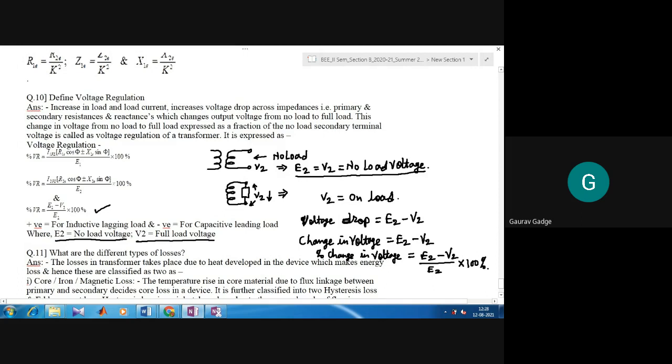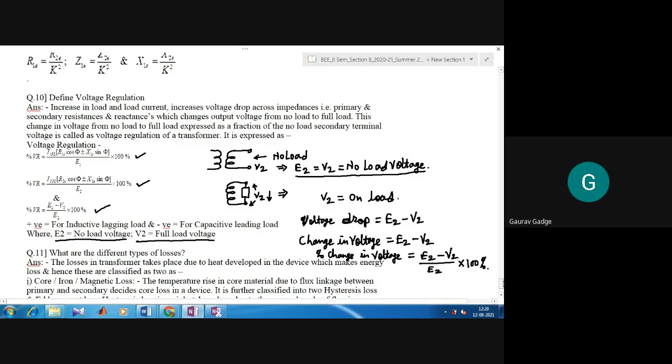Basically these equations are written directly because you don't have the derivation. Just as the efficiency derivation is in your syllabus, you don't have a derivation for voltage regulation, so direct equations are written. Such big equations are not going to be asked in the multiple choice questions, but just go through the equation and keep it in mind. If by chance an MCQ comes on the equation, you should be able to answer. So I suggest you go through that.